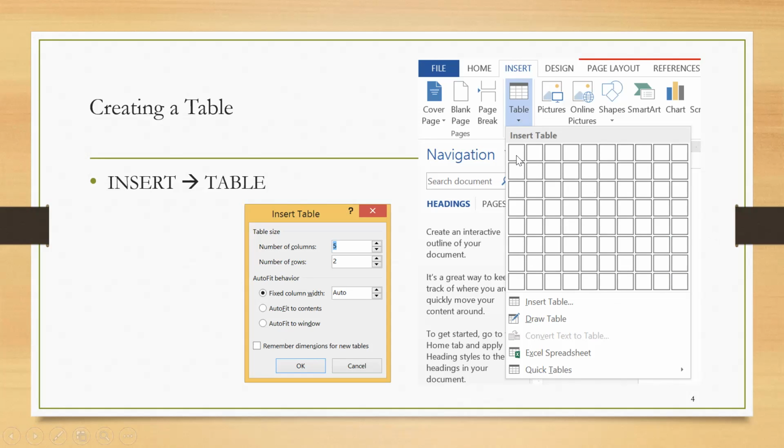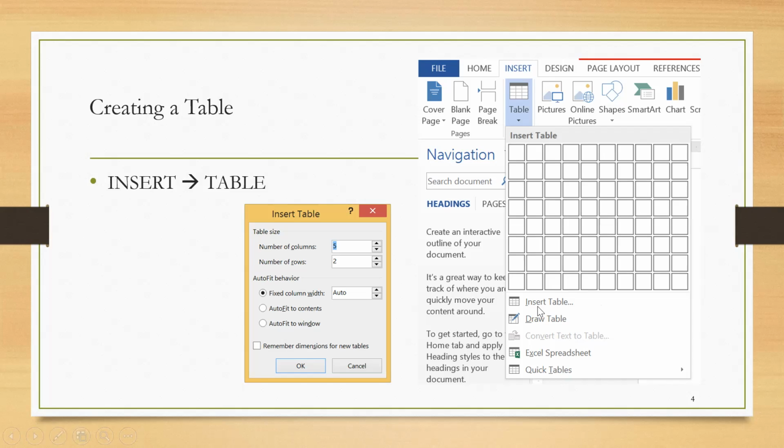From these you can create a table, but it has a limit. Look at here, this area has 1, 2, 3, 4, 5, 6, 7, 8 rows as well as 10 columns. So using this area, you can create a maximum of 8 rows and 10 columns. If you need more than that, you have to go for the insert table option, this one.